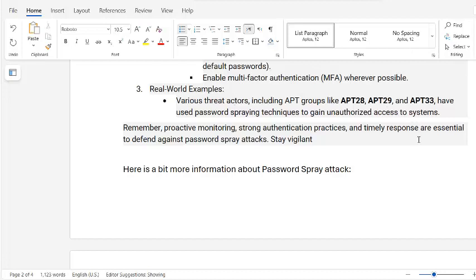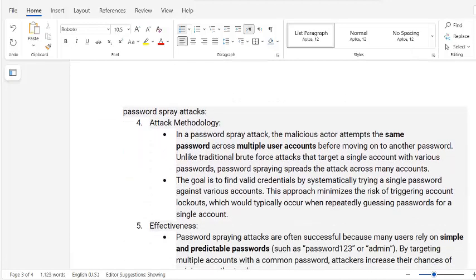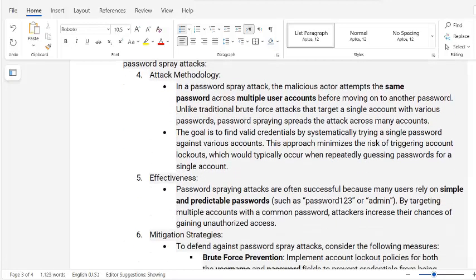So remember, proactive monitoring, strong authentication practices, and timely response are essential to defend against password spray attacks. So here's a bit more information about password spray attacks. You can always say, yeah, we spoke about this, we told them about it. Yeah, we did this. But if you don't emphasize the cybersecurity